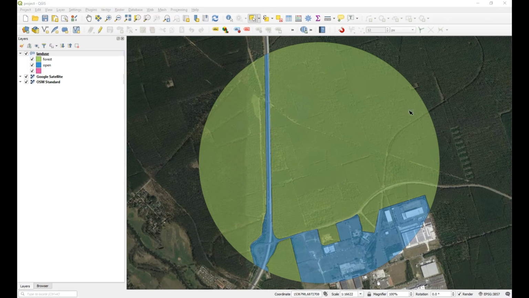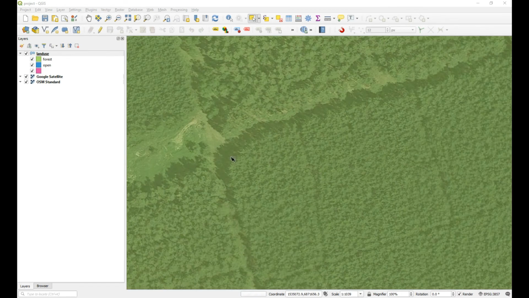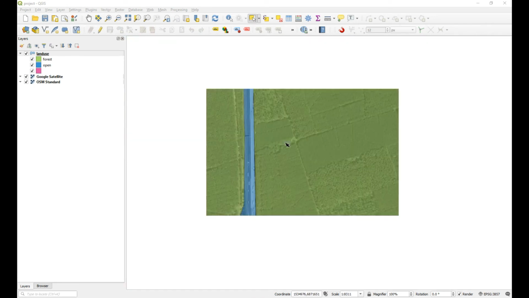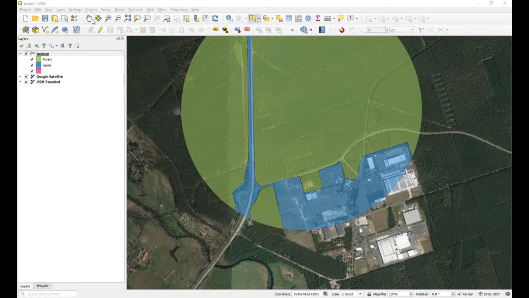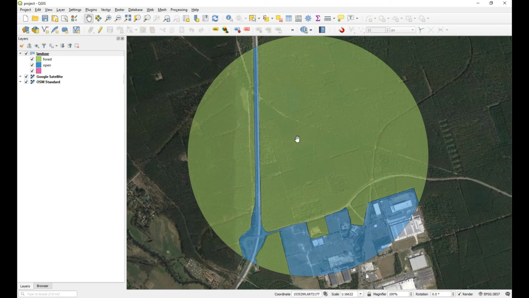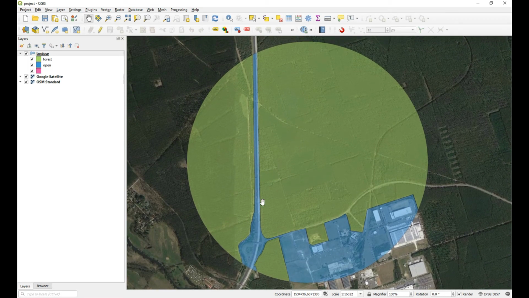Okay, so our goal is essentially to determine how many trees are being affected by the footprint of the building. So if we have a footprint of a certain size, how many trees need to be removed? Now I don't have a point file for the trees, so I have to create one. And strictly speaking, I'm never going to be able to capture all of these trees, and you wouldn't really want to anyway. So we are going to use an algorithm which creates random points for all of the trees